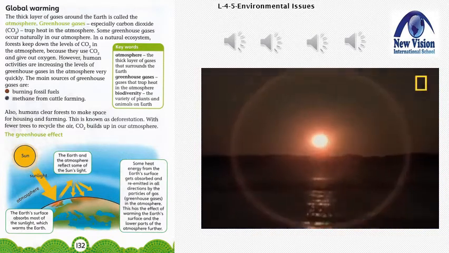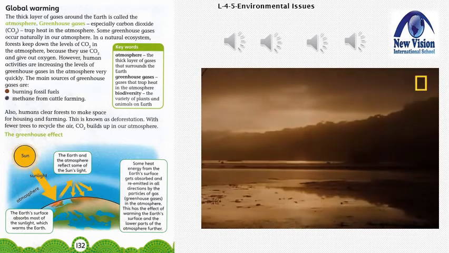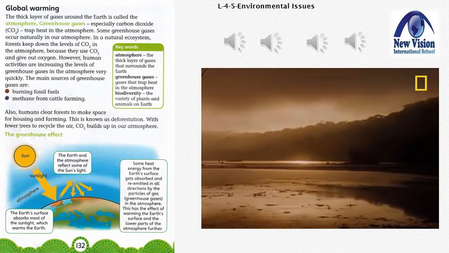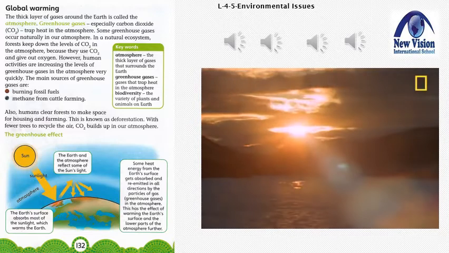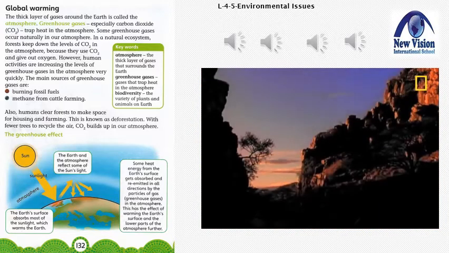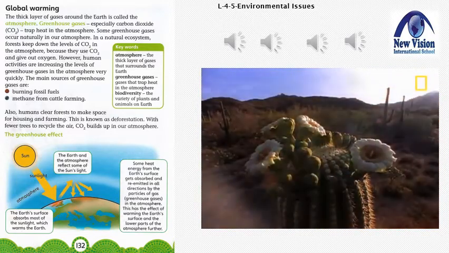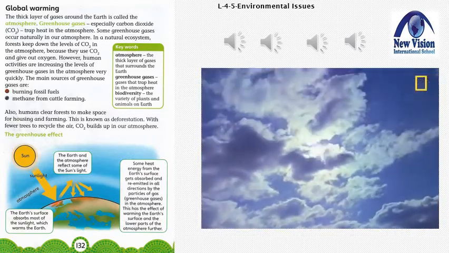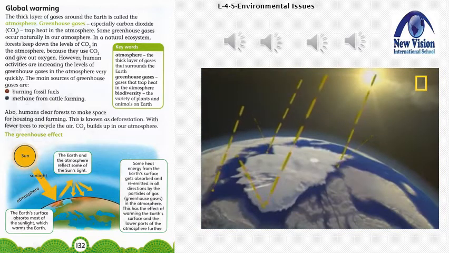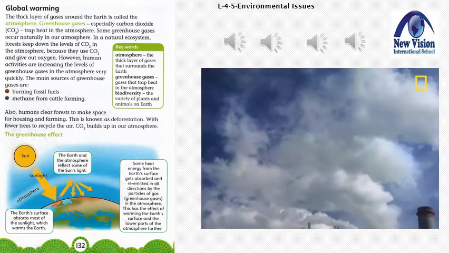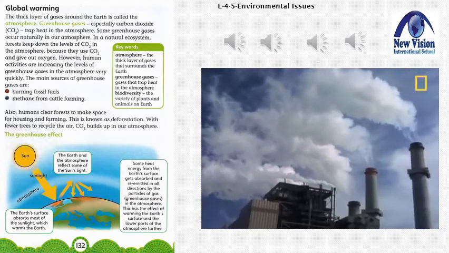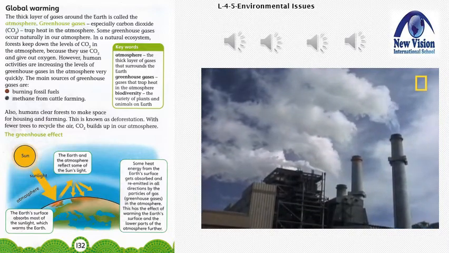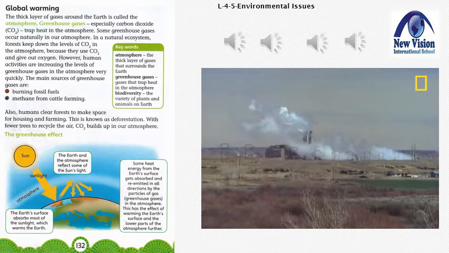These greenhouse gases trap heat near the Earth through a naturally occurring process called the greenhouse effect. The greenhouse effect begins with the sun and the energy it radiates to the Earth. The Earth and the atmosphere absorb some of this energy, while the rest is radiated back into space. Naturally occurring gases in the atmosphere trap some of this energy and reflect it back, warming the Earth. Scientists now believe that the greenhouse effect is being intensified by the extra greenhouse gases that humans have released.